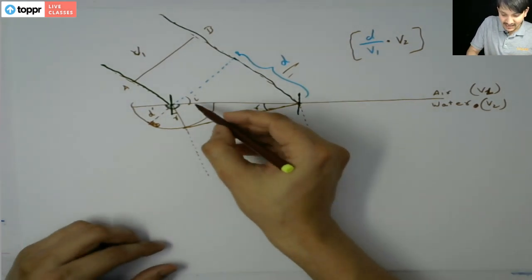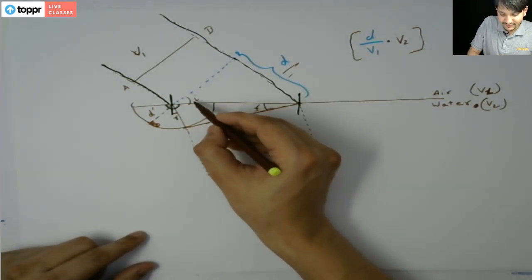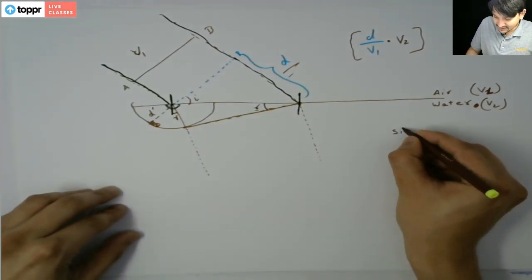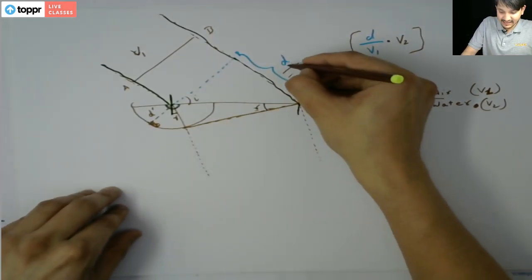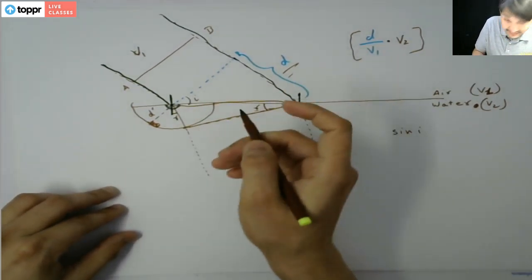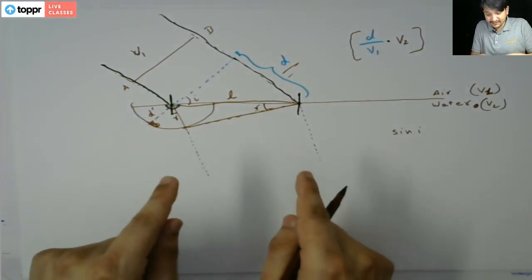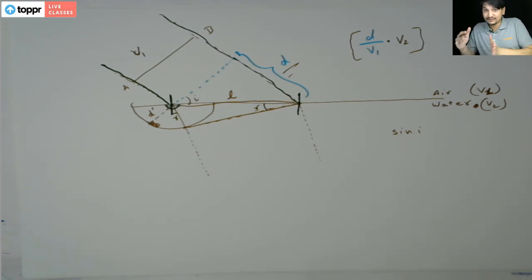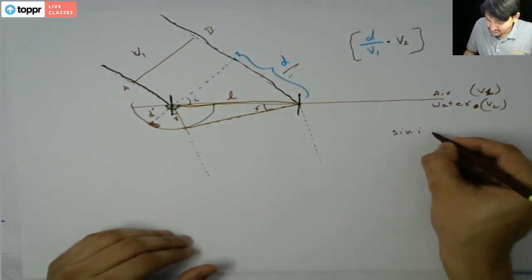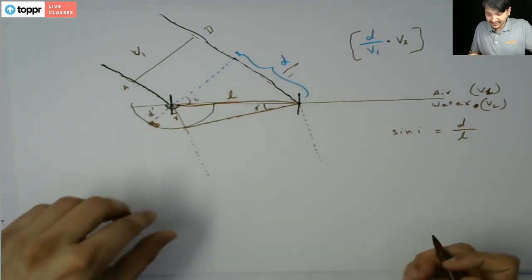Now consider i. If we are considering sine i, what is sine i? Sine i is d by this length. Let's consider this L. This time we are considering the length of the interface on which the wave front has fallen. So this hypotenuse is L. So sine i equals d by L, and sine r